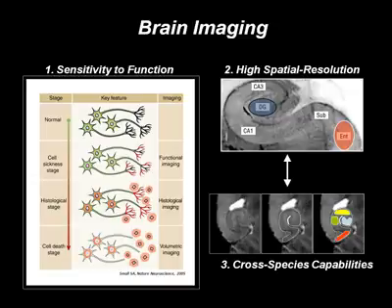Early on, we appreciated that we would need an imaging technique that needed to fulfill three basic requirements in order to really address this challenging question: the hypothesis that Alzheimer's and aging are mechanistically distinct. One, we needed a technique that was sensitive to function, and this comes out of the pathophysiology of Alzheimer's and aging. The earliest and most informative stage of Alzheimer's can be called the cell sickness stage, characterized by synaptic dysfunction before cell loss and plaques and tangles. We need a technique